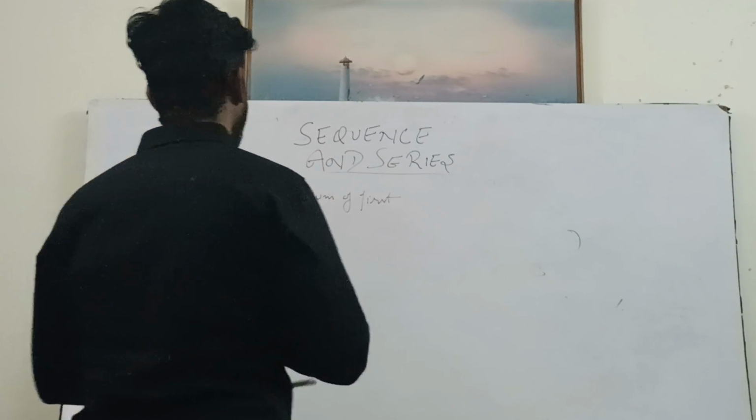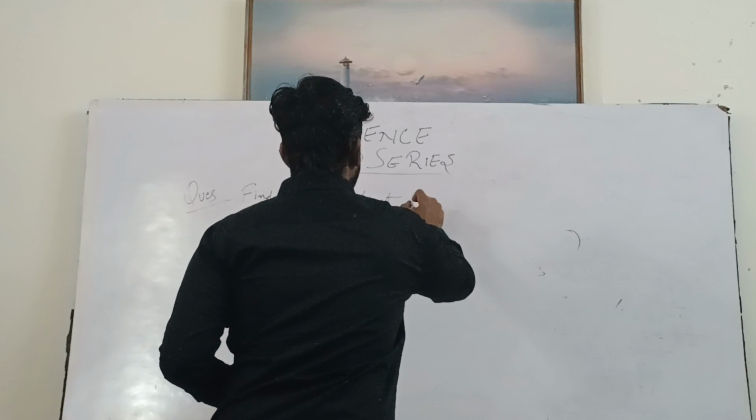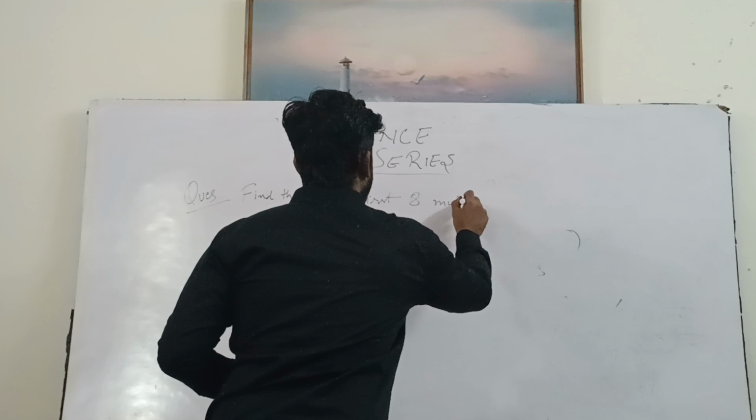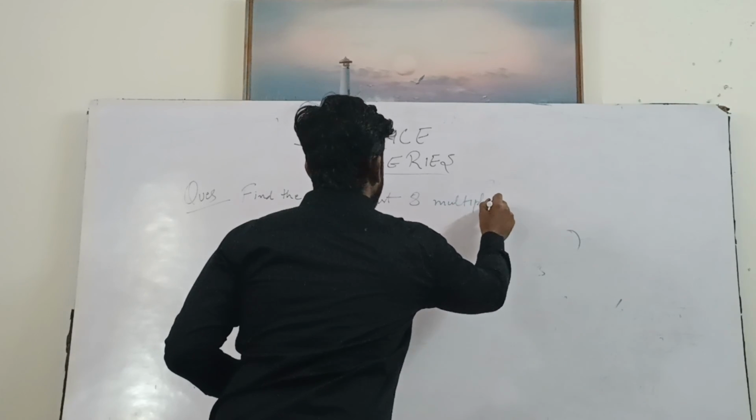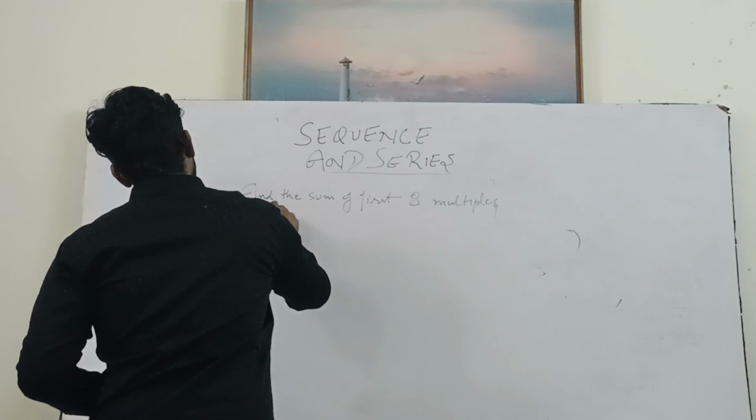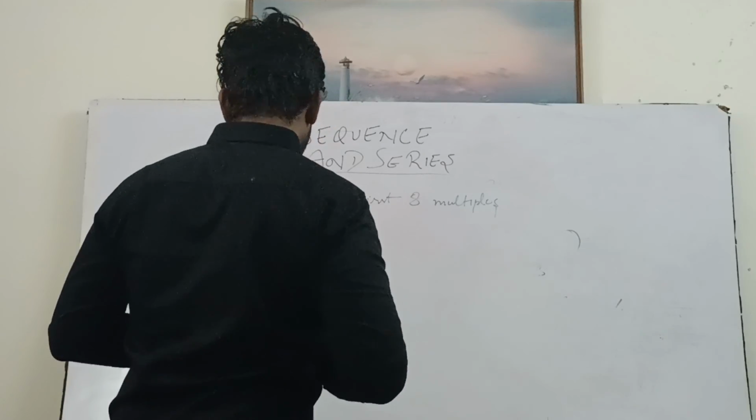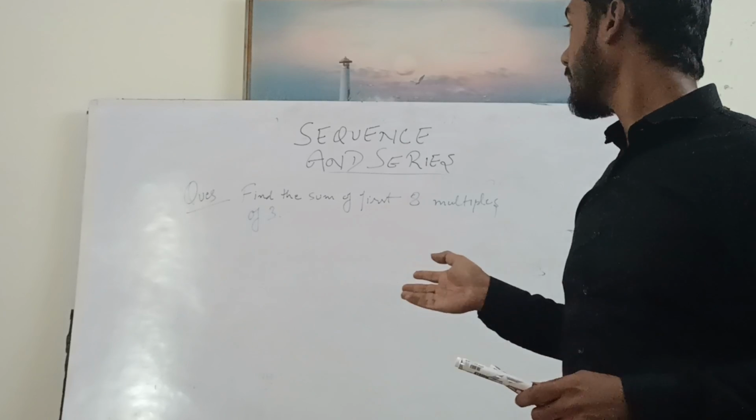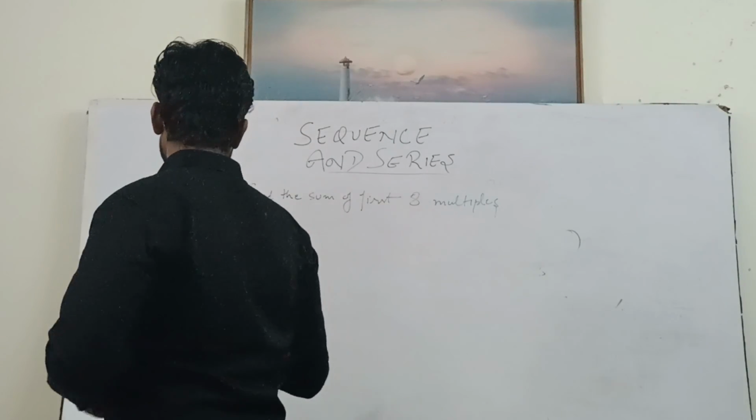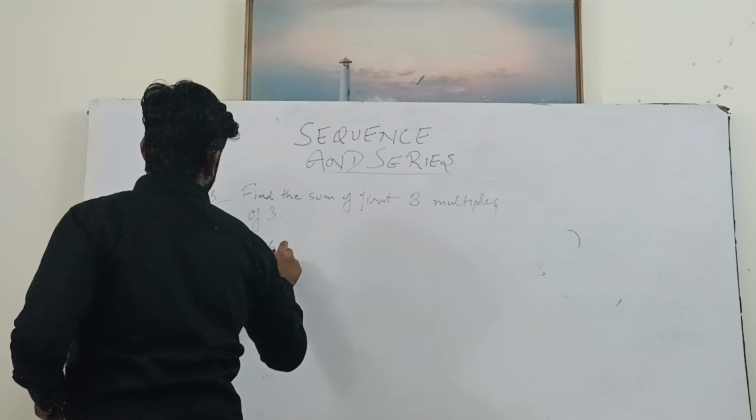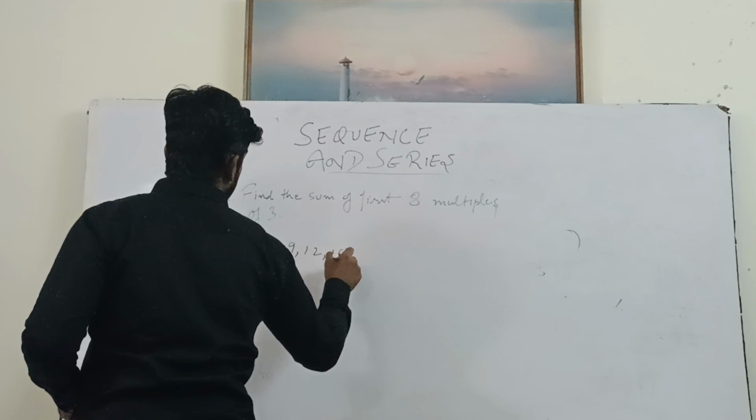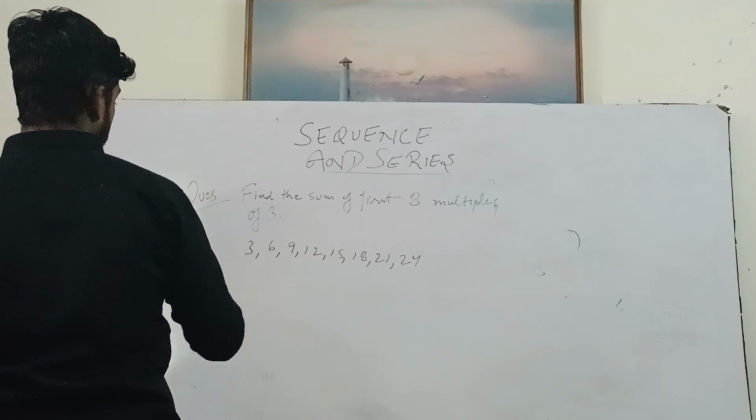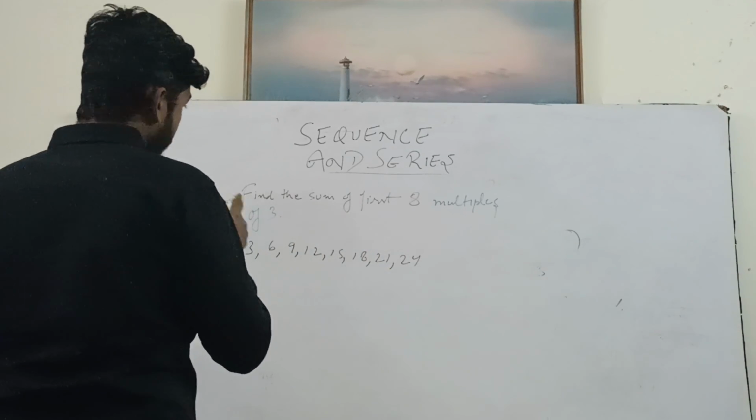Find the sum of first 8 multiples of 3. ठीक है, ये पता करना है फर्स्ट 8 मल्टीपल्स ऑफ 3, कौन कौन से मल्टीपल्स होते हैं इसके, 3 6 9 12 15 18 21 24, ये होते हैं मल्टीपल्स ना, 8 हो गए ना ये। अब इनका सम कैलकुलेट करना,